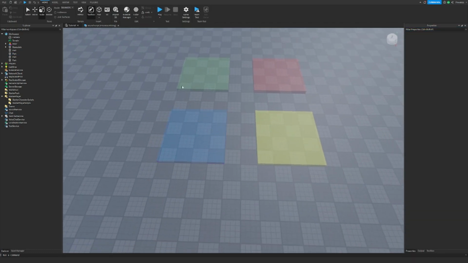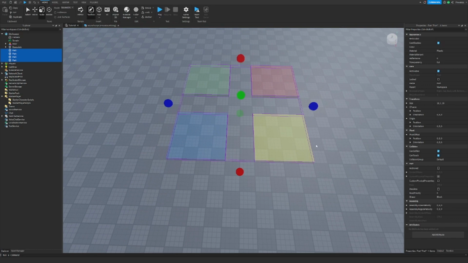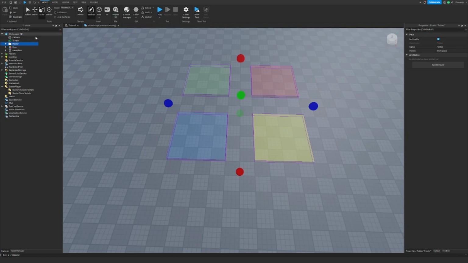Now that you have your different regions, you can copy all this and then press Control, Alt, and G to make it into a folder, or just add a folder and put it into there. And you can name this Sound Regions. I don't know if I'm spelling regions right. I hope I am. So next what you're gonna want to do is